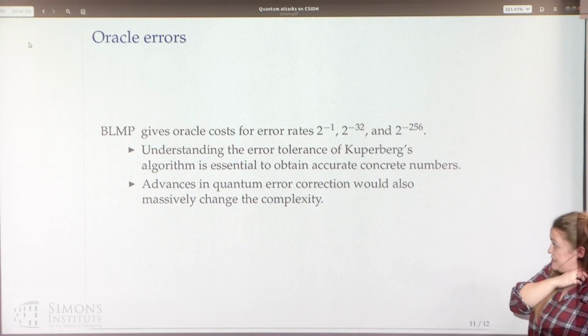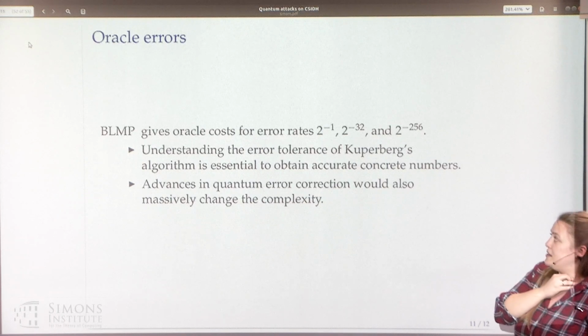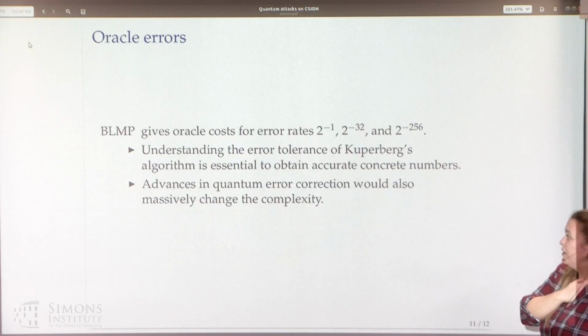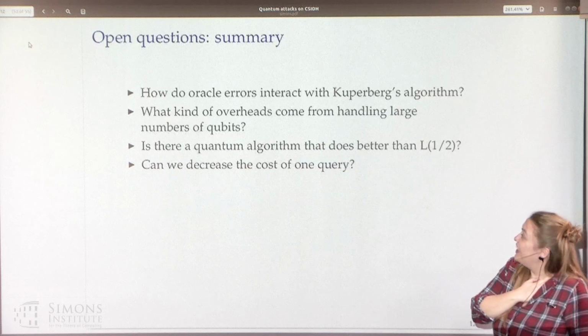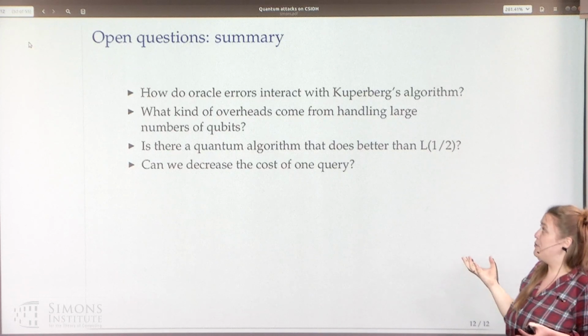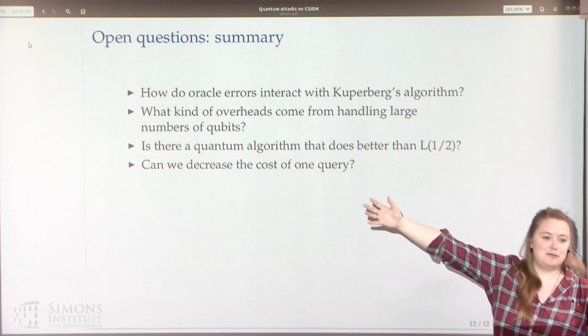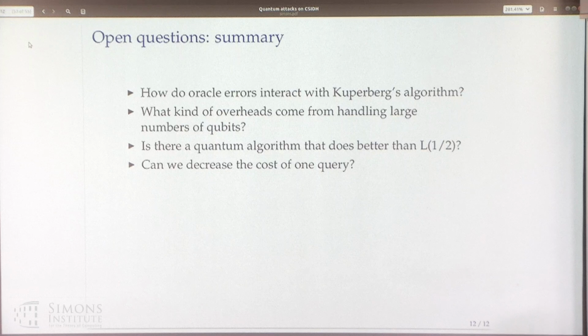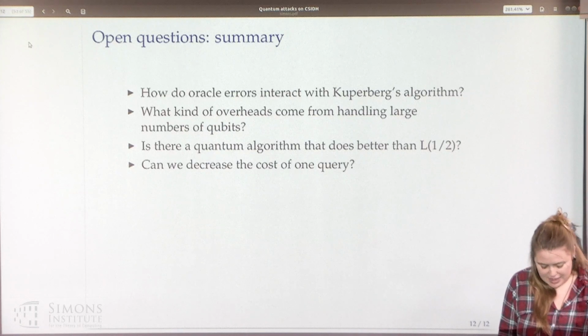So I would say these are the main points I wanted to make about Oracle errors. And then finally, I have a list of the open questions that I mentioned, a summary for you to go home and solve. So the first one is the one I just said. How do Oracle errors interact with Kuperberg's algorithm? What kind of overheads come from handling 2 to the 20 qubits? That's something that we definitely need to understand, especially taking into account this